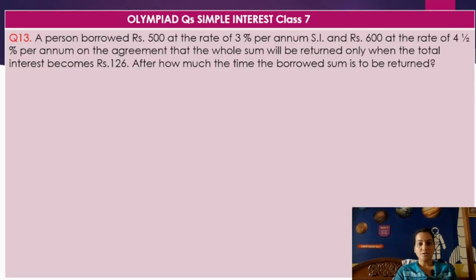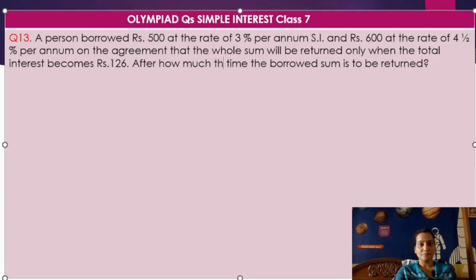Let's solve this question. It's a very important question. A person borrowed rupees 500 at the rate of 3% per annum and rupees 600 at the rate of 4.5% per annum on the agreement that the whole sum will be returned only when the total interest becomes rupees 126. So after how much time is the borrowed sum to be returned? The question is asking. So here it means that